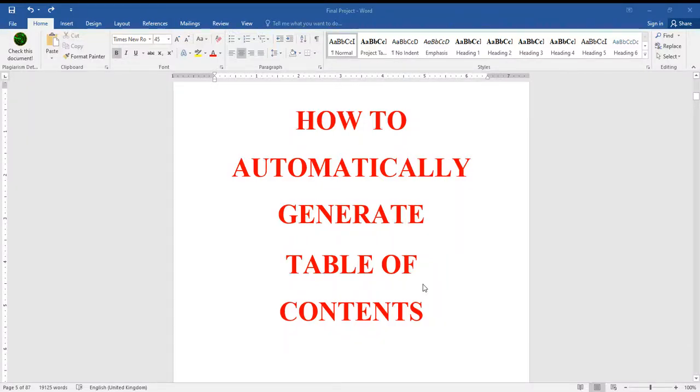This is Jamnik and today I'm going to show you how you can generate an automatic table of contents by use